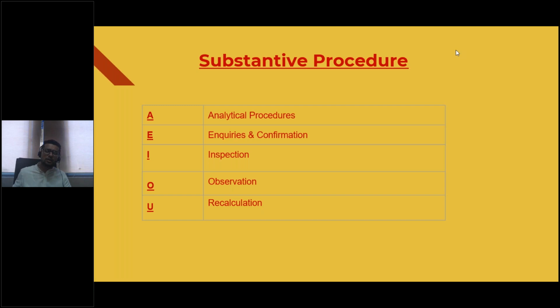Then comes confirmation. What does confirmation mean? The confirmations are a sort of an audit evidence. Confirmations are audit evidence gathered definitely by the auditor, but confirmations are obtained through third parties. Confirmations are obtained through third parties such as my client's lawyer, my client's receivables, my client's payables, the insurance provider, the tax authorities, and so on. So confirmations are a source of evidence. It's a procedure performed by the auditor, but the evidence is derived from the third parties.